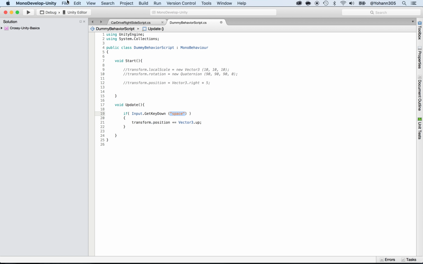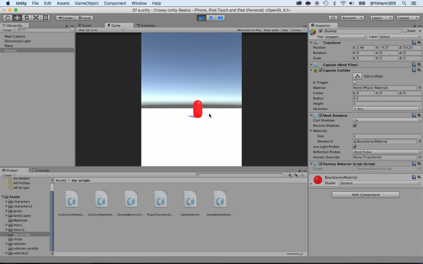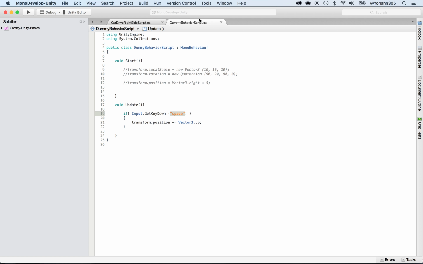Now save this, file save, go back to Unity, and see it in action. I'm going to press play. And right now, nothing is happening, but go ahead, press space, and every time you press space, it's going up by once, all right? So that's the beauty of this. Now, there are many other ways to do that. You don't have to do just the space bar. You can also do